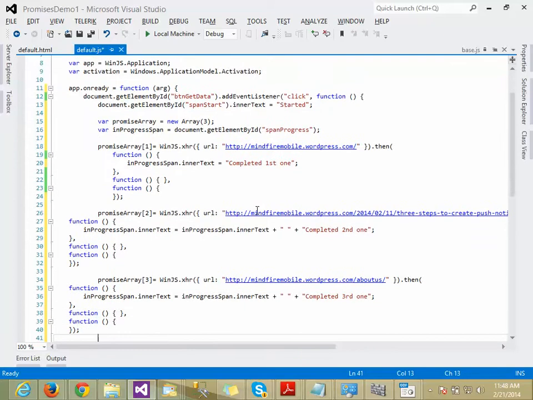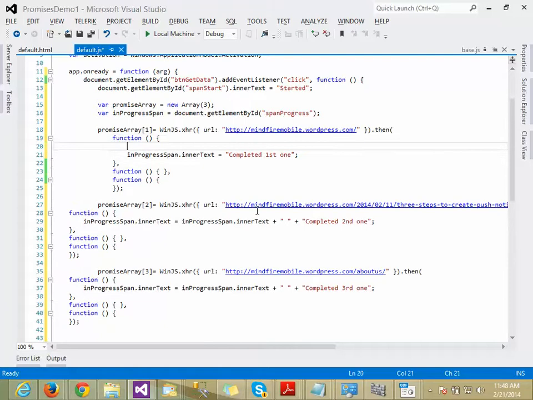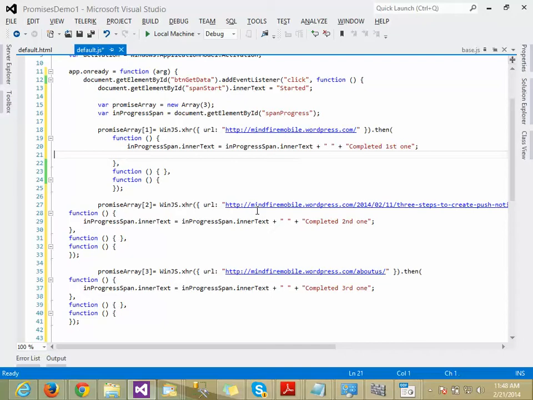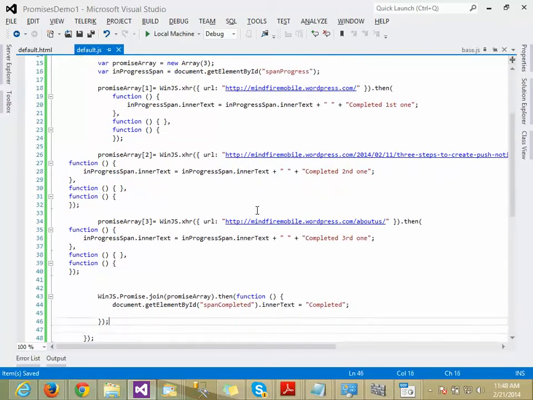Completed third one. Okay, we cannot assume the first one is going to complete itself first, so we can replace it like first one. As soon as we are done, this span will tell us this is completed when all of them are done.